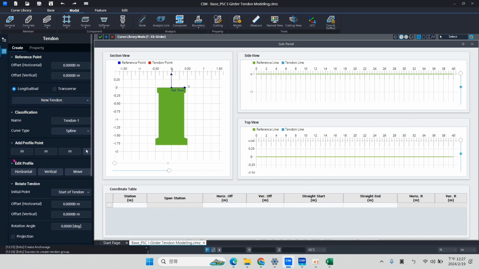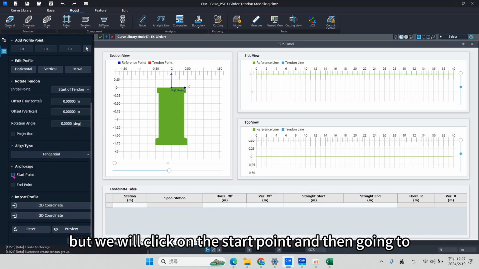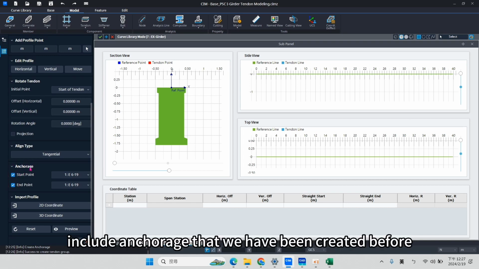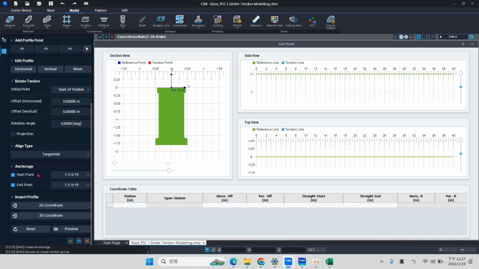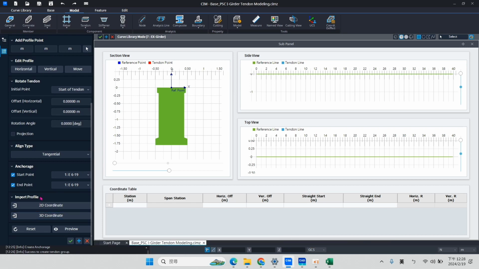We keep all of this data, but we will click on the start point and end point to include the anchors that we have created earlier. All of the section material is confirmed, but the one that has not been confirmed is the coordinate of the tendon itself.